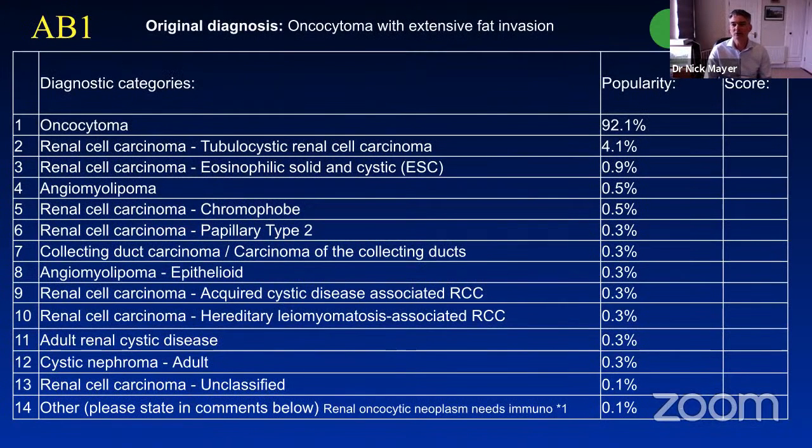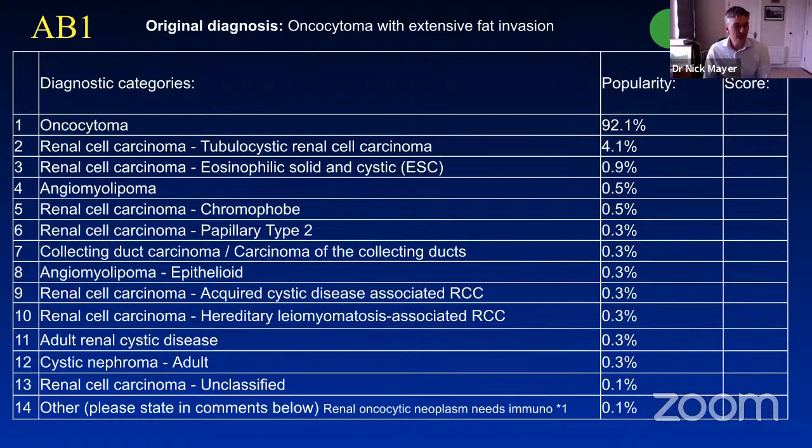Well, we got very good agreement actually, even though it's a slightly unusual morphology, and there is extensive fat invasion for renal oncocytoma. The next most common diagnosis was tubular cystic renal cell carcinoma, which really should be purely tubular and cystic and not have more solid areas. And then there's a lot of other types of RCC subtypes, a few angiomyolipomas, and then down at the bottom